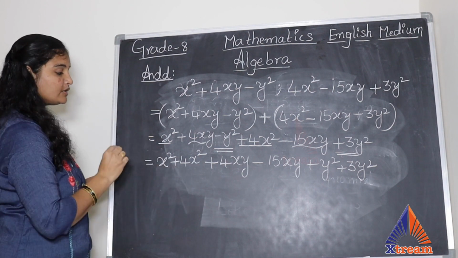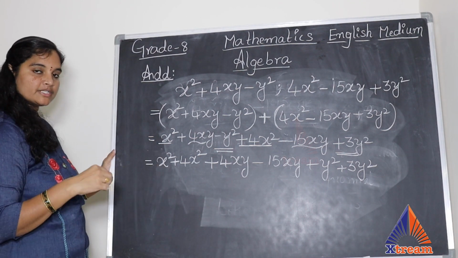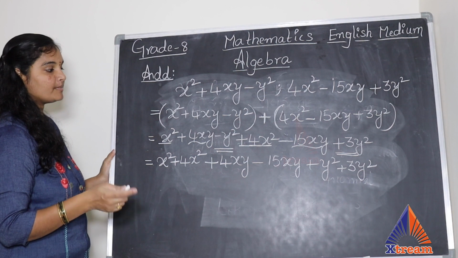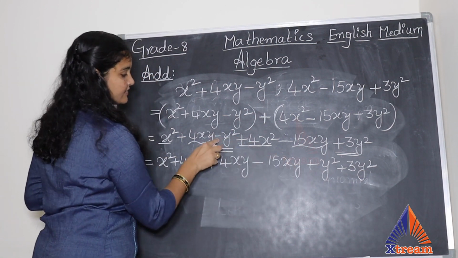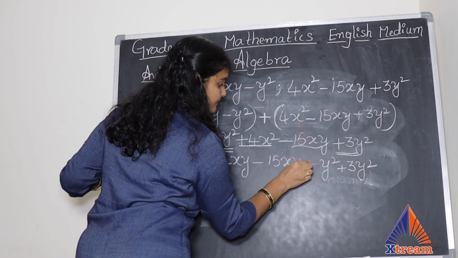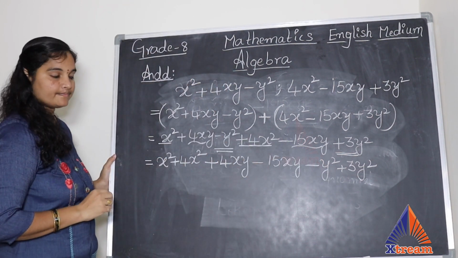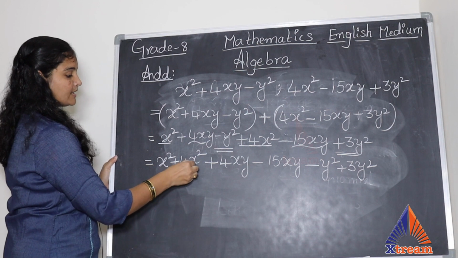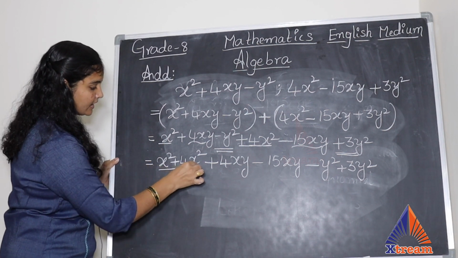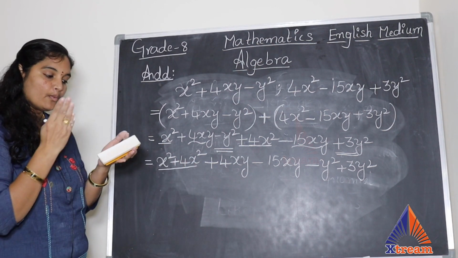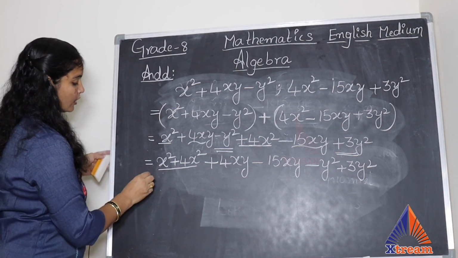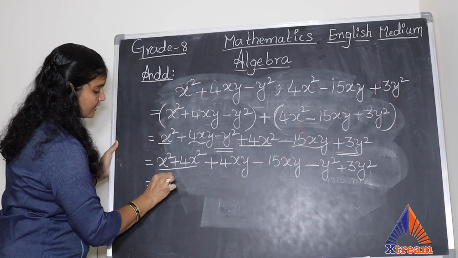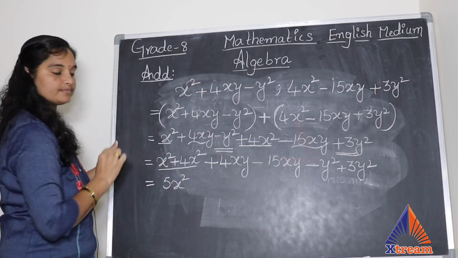Now, according to the operations they have in between, we'll be performing the operations. Now here, if you observe, I have taken a wrong sign. It is minus y square, right? So x square plus 4x square. So they are with the addition. So you already have 1x square with you. 4 more x squares added to that. So what do we get? Total you have 5x squares with you.